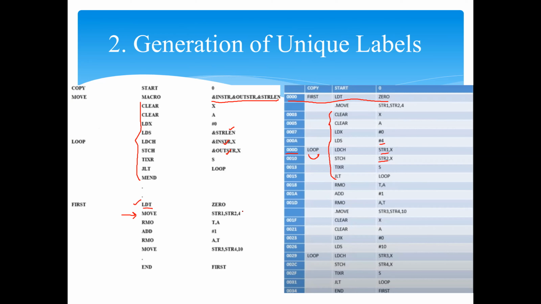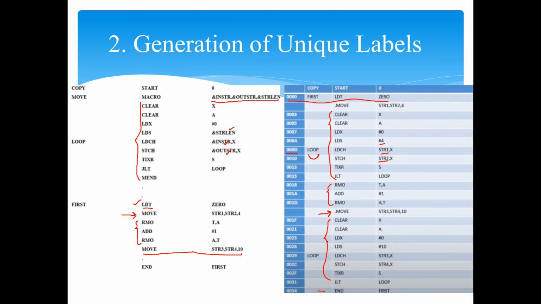Now again, after the macro is expanded, it will proceed with the remaining instructions. So the remaining 3 instructions are added to memory. Then again, you have a macro expansion happening with the values str3, str4 and 10 being passed. So this is a command statement. You remember, first the command will be added to the output file and the macro will be expanded, where the parameters will be replaced with the new arguments str3, str4 and 10. The last statement is JLT, and you have the end of the program.